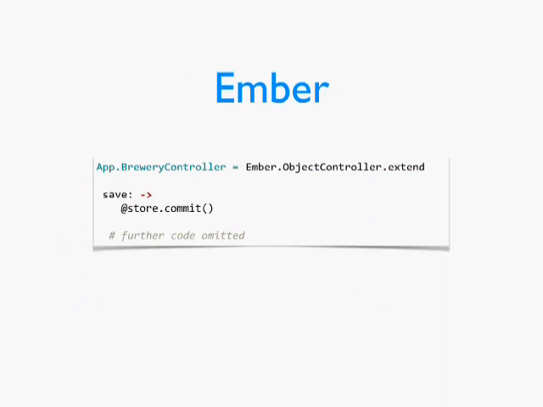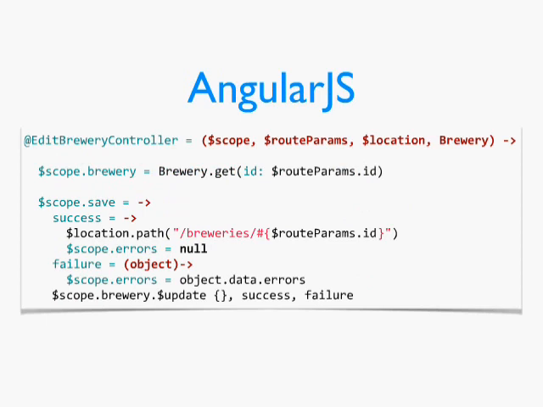Angular, now this code, I actually put the entire code for this whole controller here. There's no code omitted from this controller at all, because it was so short. I create a plain old JavaScript function that takes in a few helpers, because Angular is all about dependency injection. So we're going to inject a scope, some parameters, location, the brewery object. We're going to get the brewery object, and then we have the save function that can get called when someone